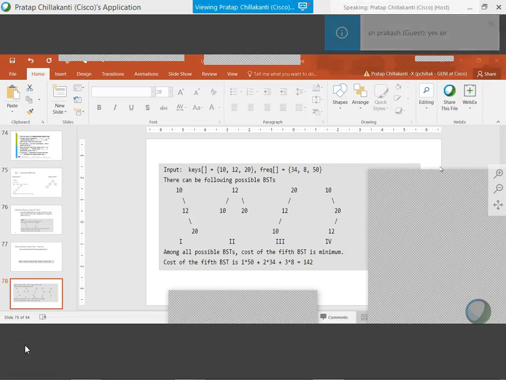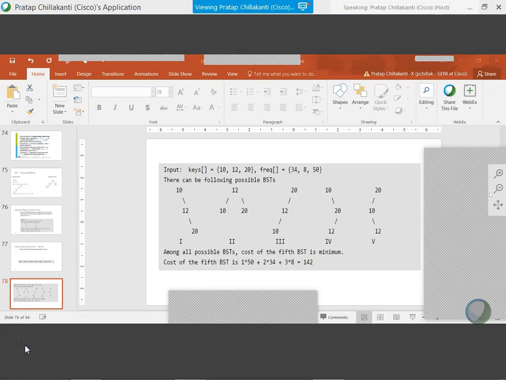The question I asked was, what is the observation that you can make by looking at that fifth BST? Somehow we came up with that. What could be that algorithm? What is it that is giving me some idea, some hint about how to approach this problem? That is the question that I asked. Mute yourself, please put the answer in the chat.